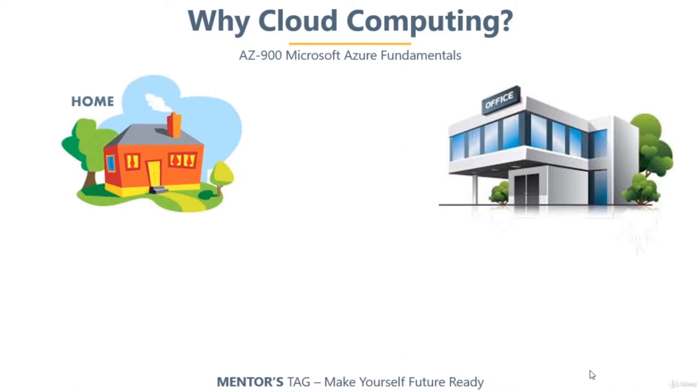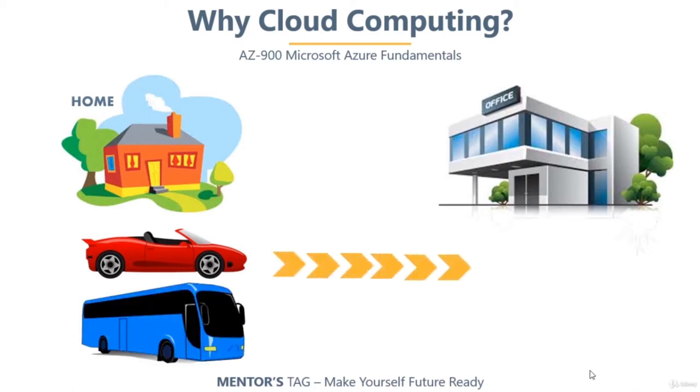Now when you're going to your office and coming back home, I am giving you two options. Let's say you have your own car using which you can go to office and come back. And the other option is you may use some public transport. This may be an office cab, a bus, or maybe a local metro. Now the question is, which one do you prefer? Do you prefer to go by your own vehicle like a car, or by public transport like a bus and metro? If I ask you this question, I know that the majority of people are going to choose car. And somehow the reason behind that is convenience.